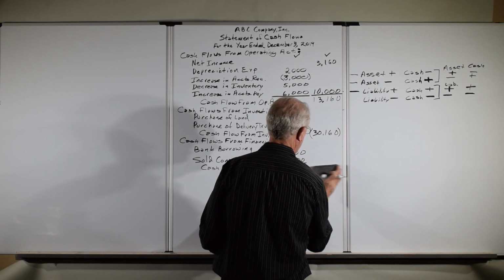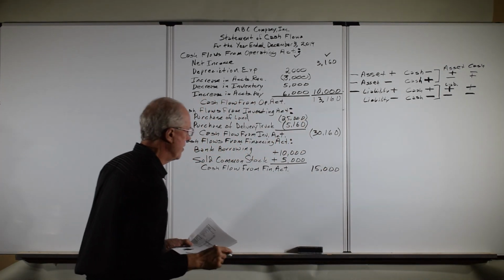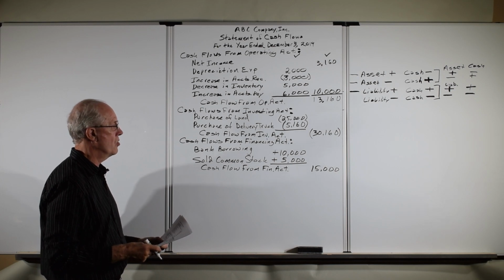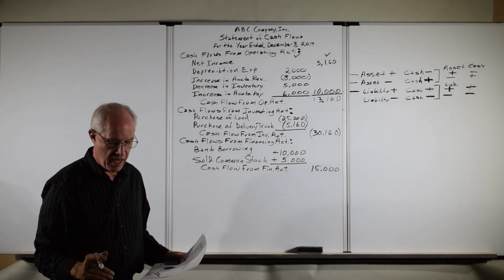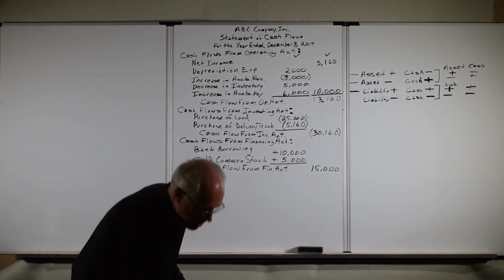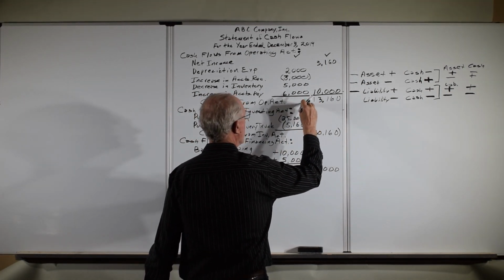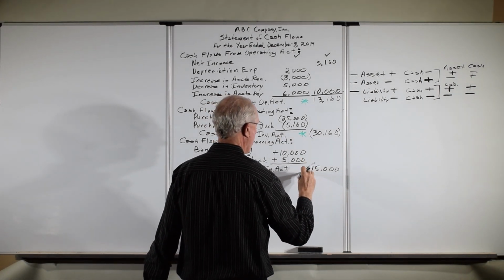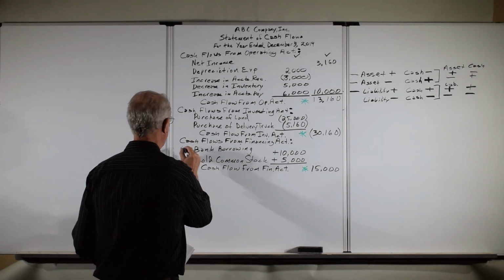$15,000, let me write that a little bit better. $15,000. That's not much better, but anyway. So there we go. And the next thing to do is to go ahead and get the increase or decrease in cash. So what we're going to do is add up these three items, this one, this one, and this one. Add those three together, add the cash flows from each of our different activities, and that will